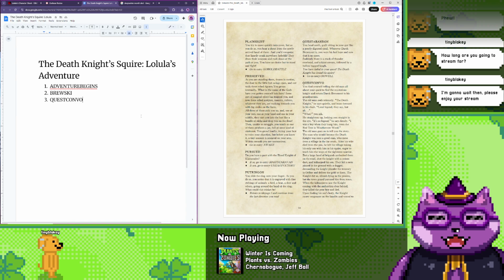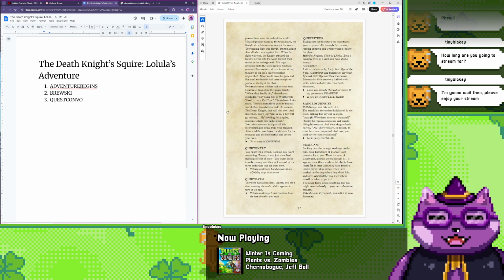They left a note pinned in the ground with a dagger, commanding the knight plunder the treasury and deliver the gold to them. The knight did so, almost dying in the process, but the town guard pursued him from town. When the kidnappers saw the knight coming with the authorities close behind, they killed the poor boy and fled. Upon finding his son's body, the knight swore vengeance on the bandits and vowed to pursue them until the ends of the world. Unwilling to be taken by the town guard, the knight drew his